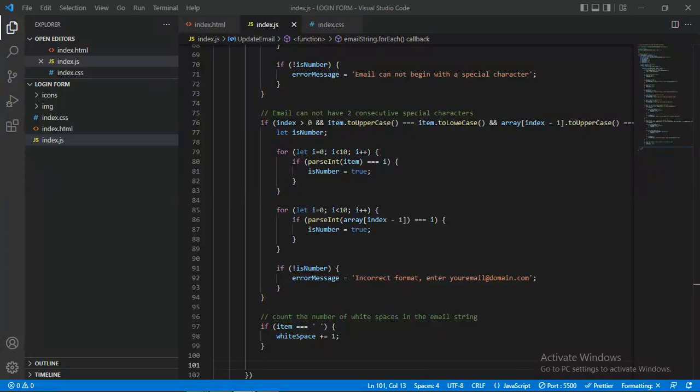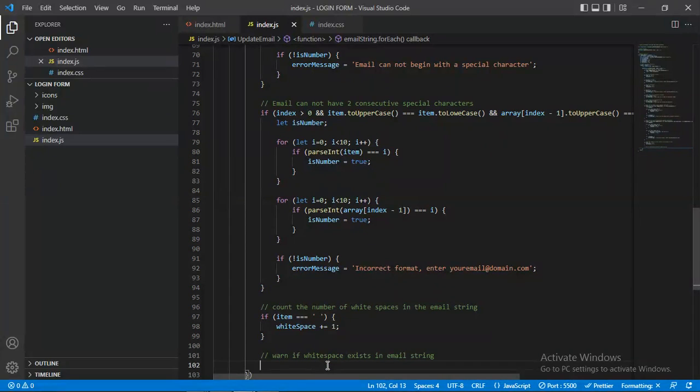Then we go further to say, give a warning if white space is contained. So we say if white space is 0,